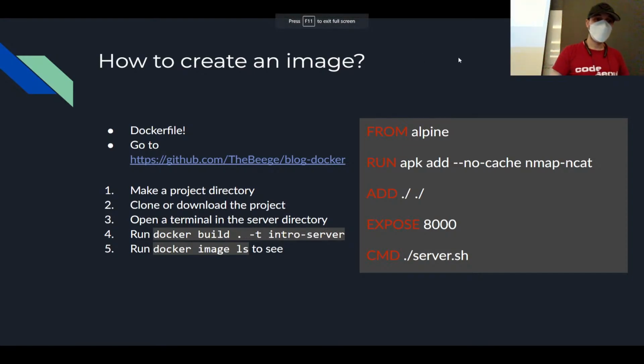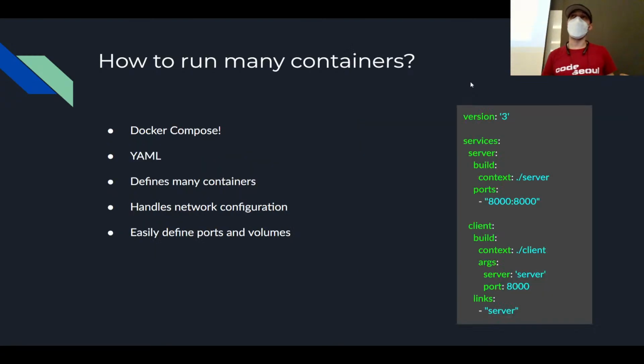Okay, so you created an image. You ran a container. That's all great. But now, what if you want to run many containers? Usually, these days, at least in the web ecosystem, you don't just have a single server running everything. You may separate your front end from your back end. You may have a back end API server and then a front end that just queries the back end for